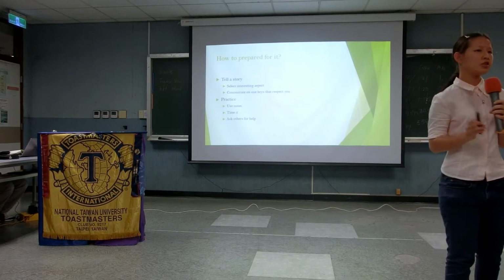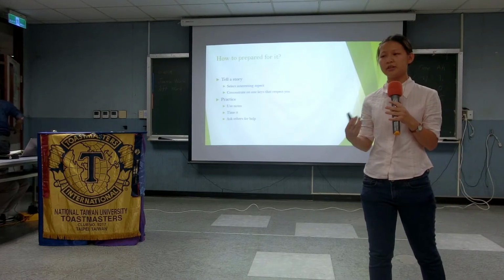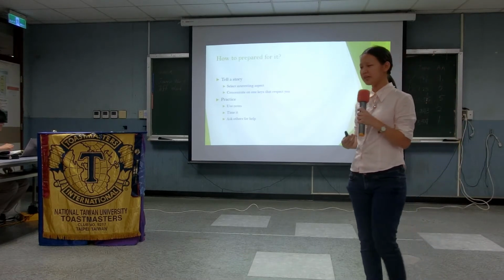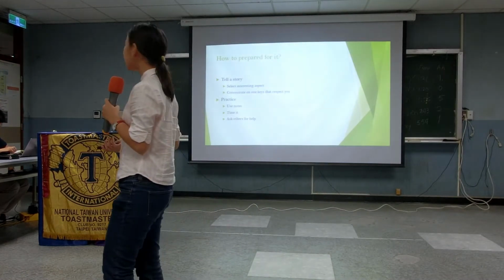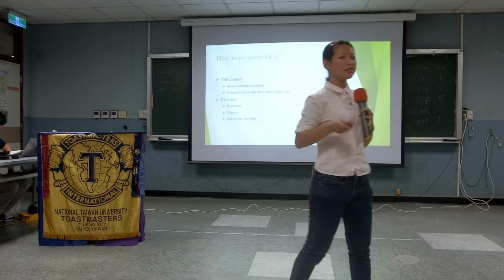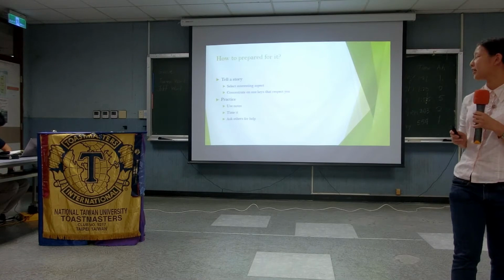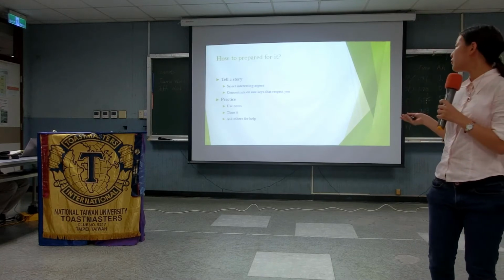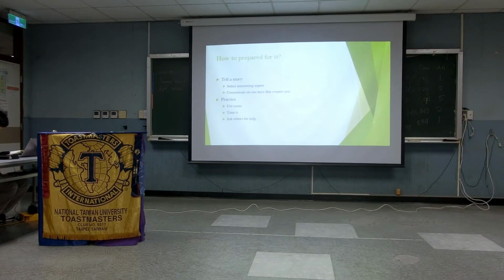So first, I suggest you tell a story. The icebreaker is not just to introduce yourself and tell others your information. Like for me, I can just say, my name is Amy Chen and I'm 19 years old and my blood type is O and my star sign is Gemini and I'm now in the ESOE, the sophomore. I'm not going to do that, because if you listen to the whole thing in 4 minutes, maybe you only remember my name, or you haven't even remembered my name. So please, I have to say the icebreaker is for you to tell a story that can represent yourself.